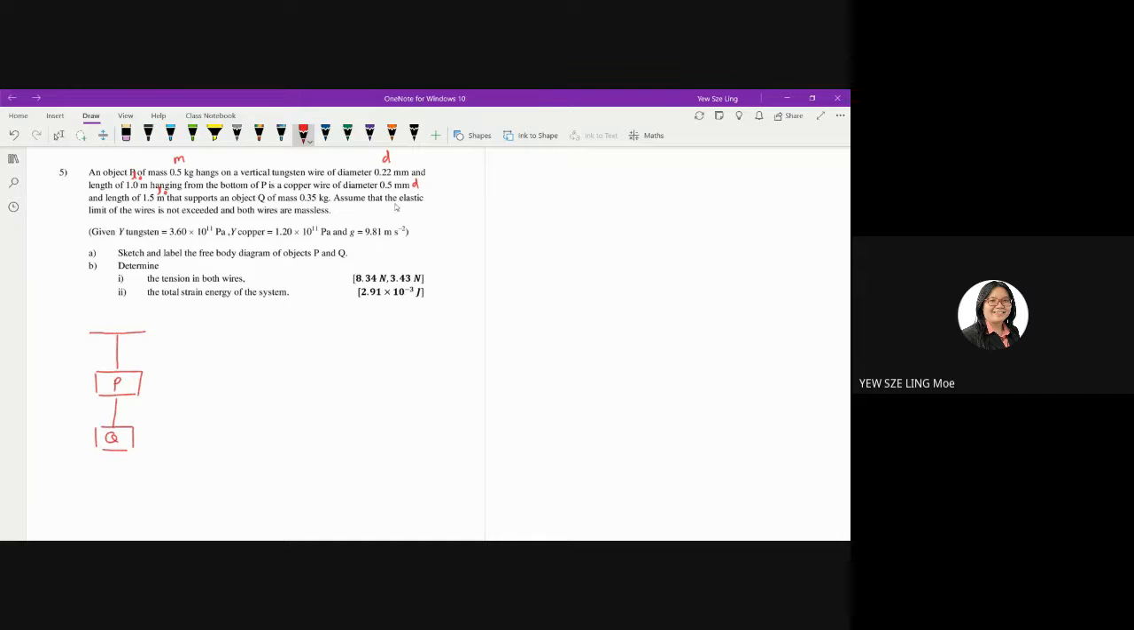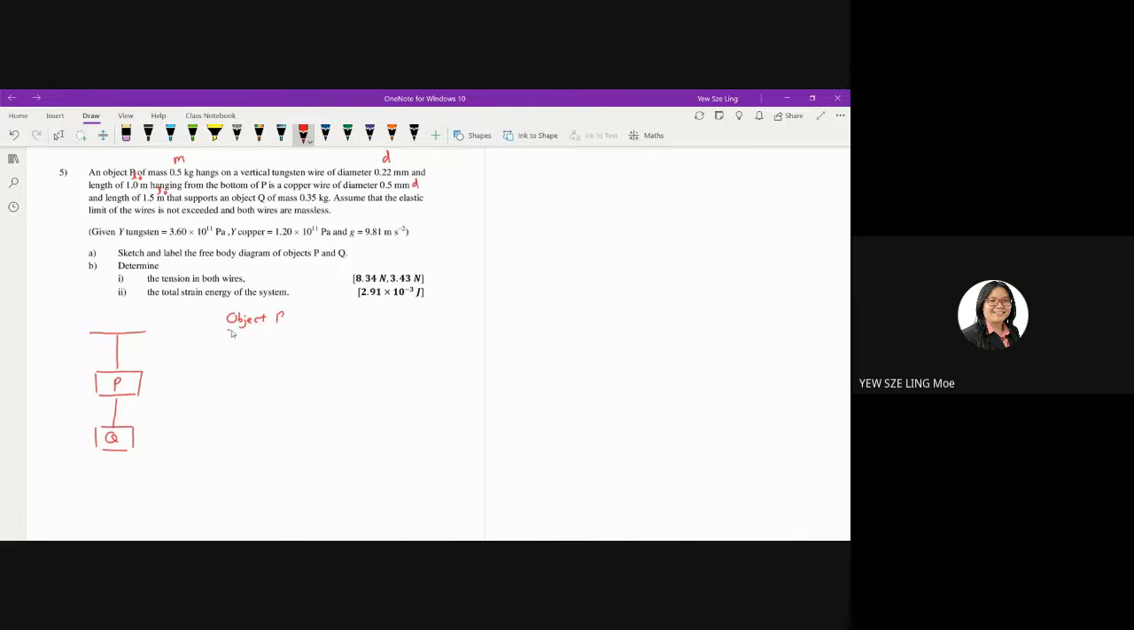So assume that the elastic limit of the wire is not exceeded and both wires we assume massless. So given Y tungsten equals 3.6 times 10 to the power of 11 Pascal, Y copper equals 1.2 times 10 to the power of 11 Pascal, and g equals 9.81. Sketch and label the free body diagram for object P and object Q. So for object P,